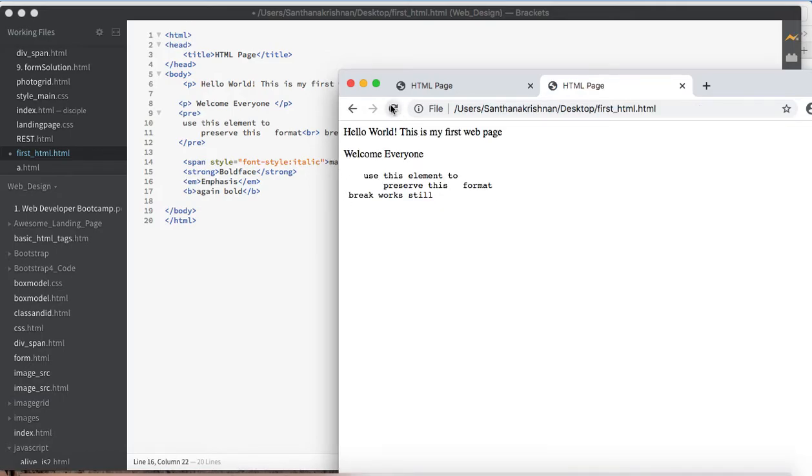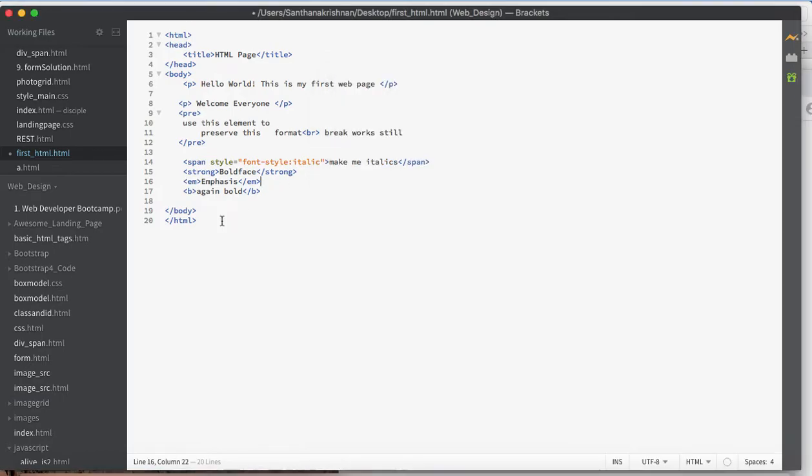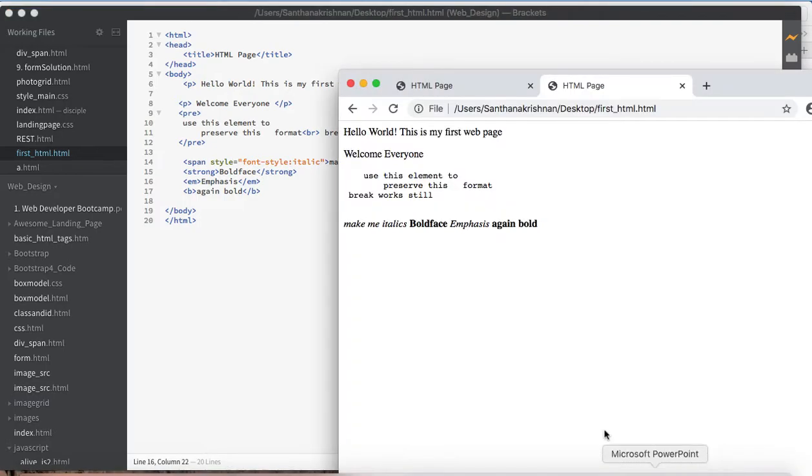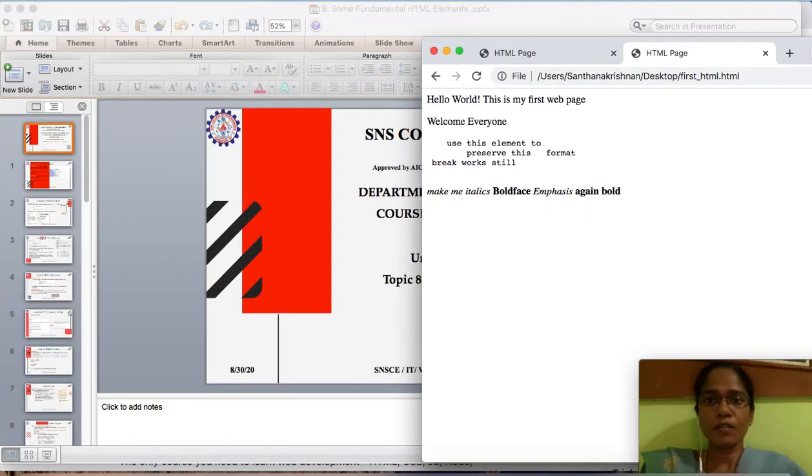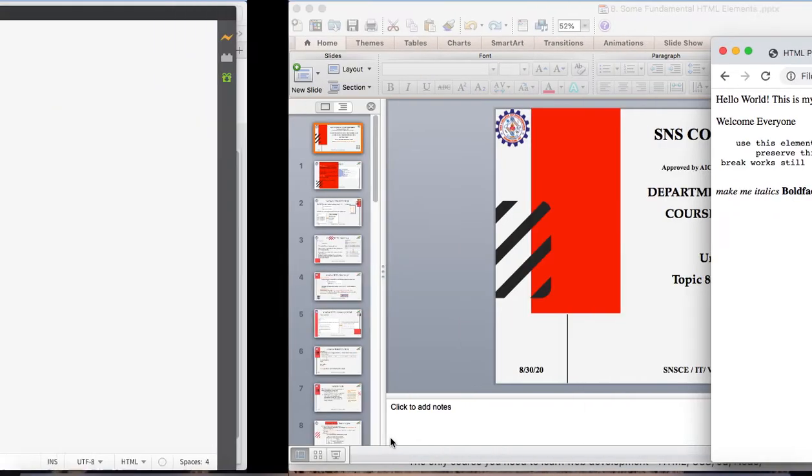I'll refresh it. I think I haven't saved it. Save, then refresh. See here, so make me italics. So all these are inline elements. Inline in the sense, so excuse me,